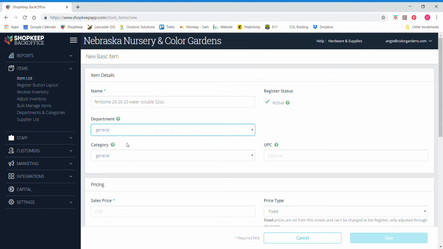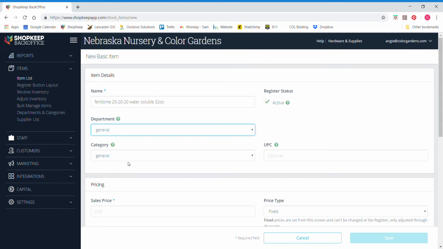If we got a new type of mulch or a new type of soil, it would go under mulch and soils. And then if we got a nursery plant, so if it was a tree or a shrub, it would go under nursery. Or if it was a perennial, then it would go under that. If it's seed, sod, etc., it's pretty self-explanatory. If you don't know, then click this general one, and then there's more